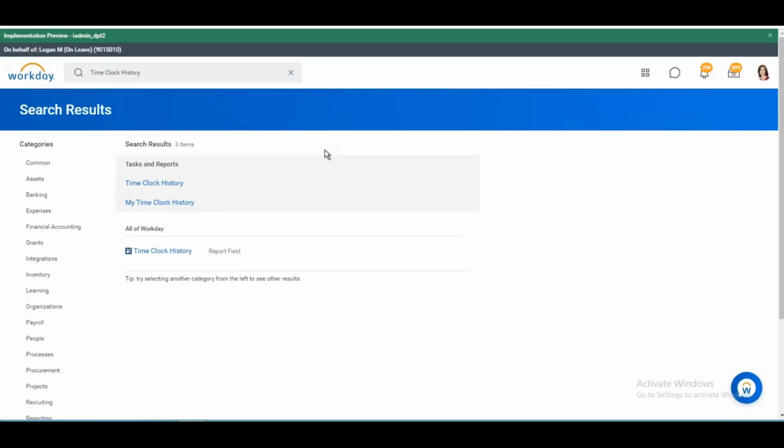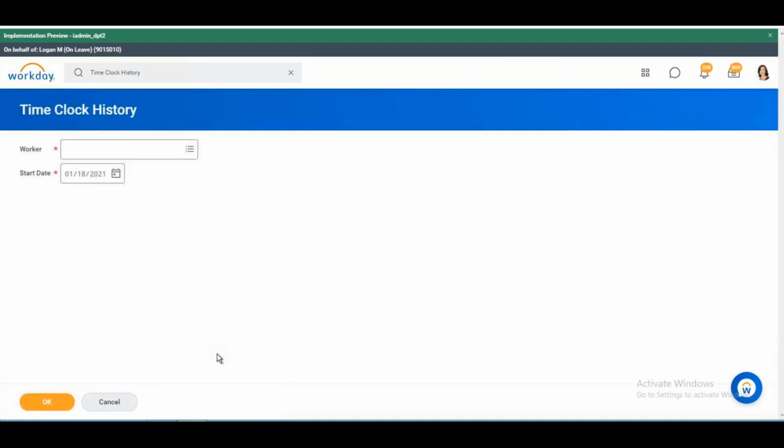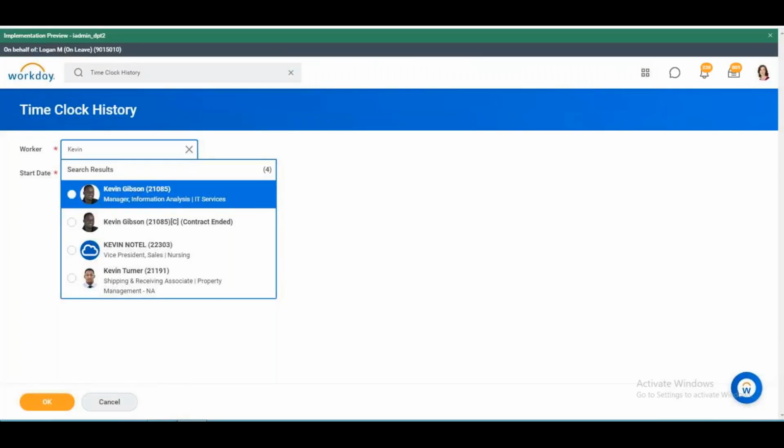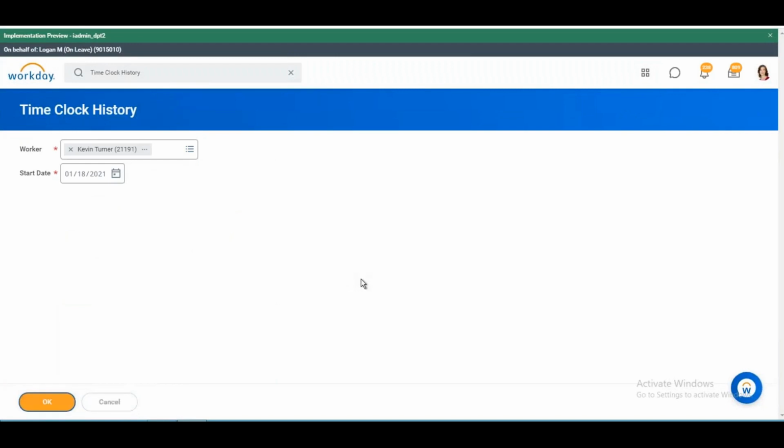So to actually find which are the invalid time entries and which are unmatched time entries, the first thing you can do is add this task, time clock history. Note it down. Time clock history. The moment you click OK over here, they would be asking you which worker you are looking at. If you added Kevin, for example, and I clicked OK,